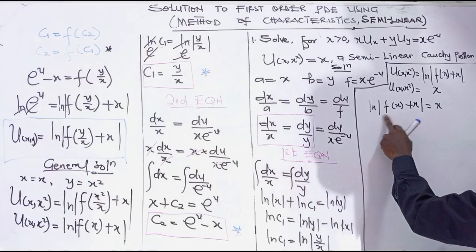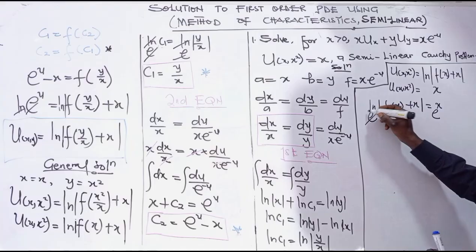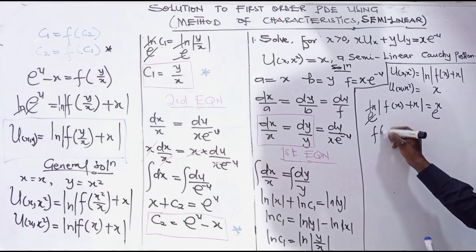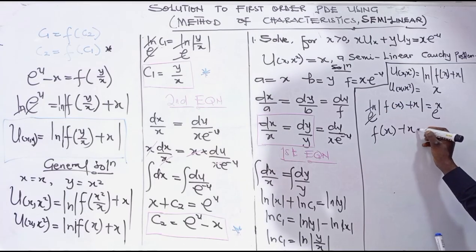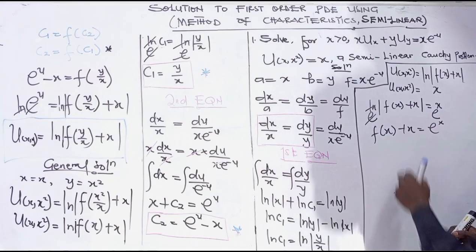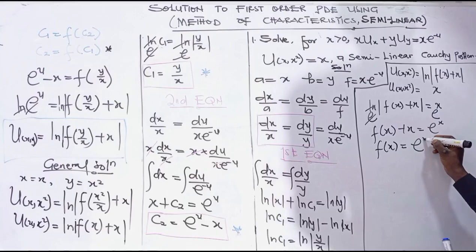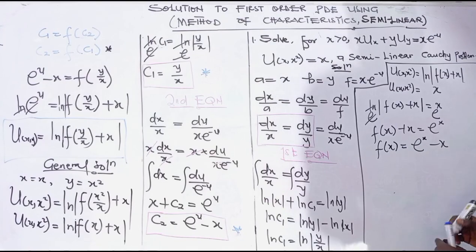Now let's eliminate the ln by taking e on both sides of the equation so that this will cancel this. So that you have f at x plus x is equal to e exponent x. Let's make f at x the subject. So we have our f at x is equal to e exponent x minus x. So after reaching this point,